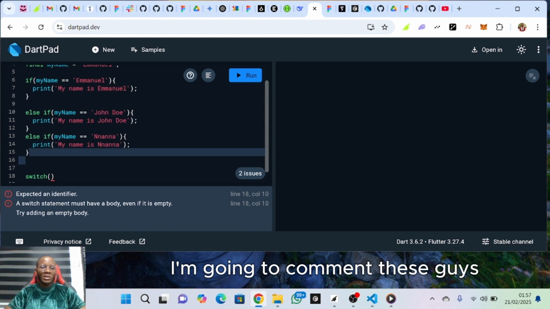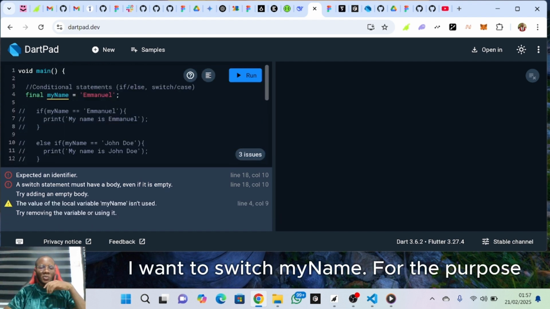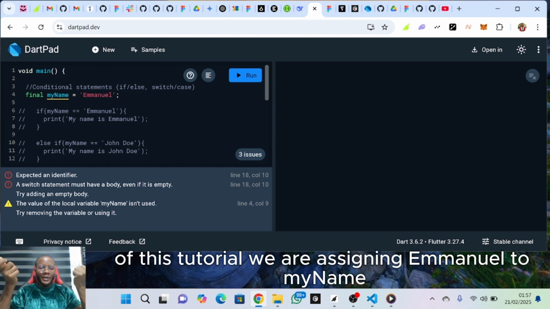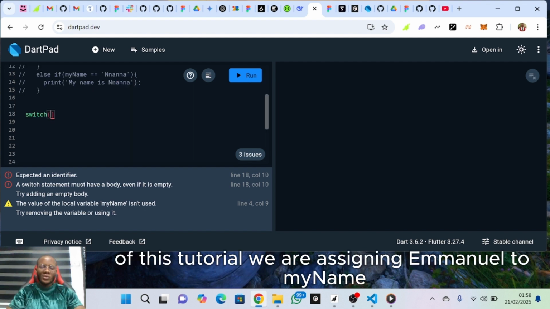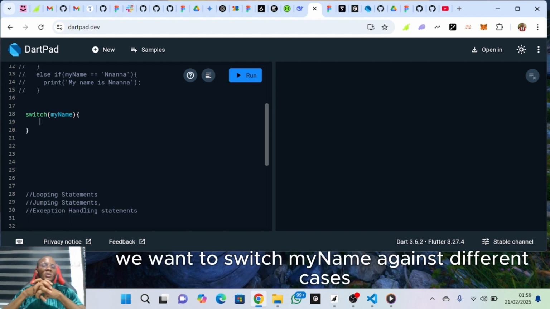I'm going to comment this out so that we just have this to work with. What do I want to switch? I want to switch my name. For the purpose of this tutorial, we are assigning Emmanuel to my name. So I will say my name. Then the same way I do when I write an else if statement, I will put a block, right? We want to switch my name against